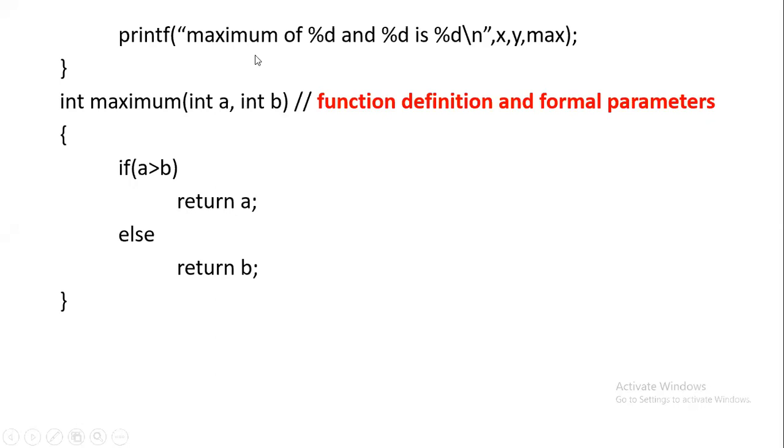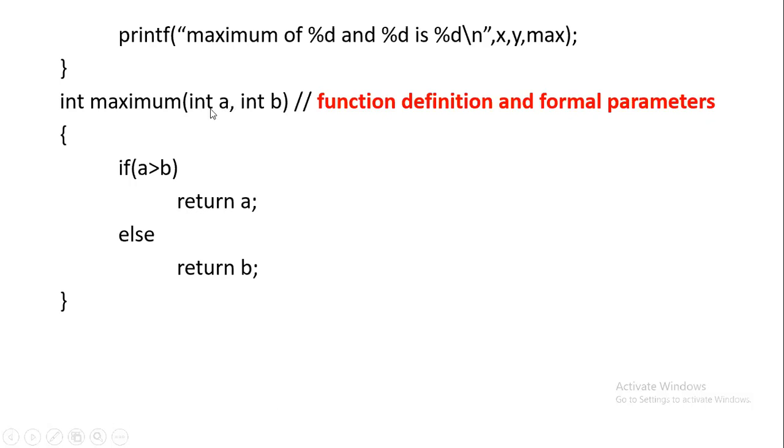Note, if y was float, then b also should be float. If the first variable is int and the second is float, then the sequence also should be the same: int a, float b. We will go through those examples in the next class anyway. So the sequence and the data type must be the same. X and y names are different from a and b, but the data types of x, y and a, b should be the same. If x and y are integers, a and b also should be integers. We cannot give int x there and float a here. Data types have to match, but names may be different for actual and formal parameters.